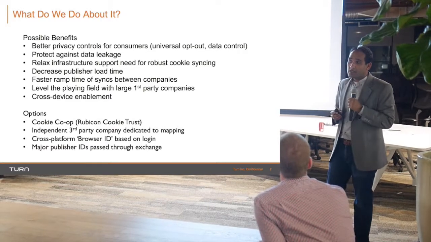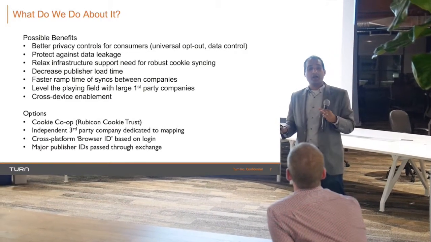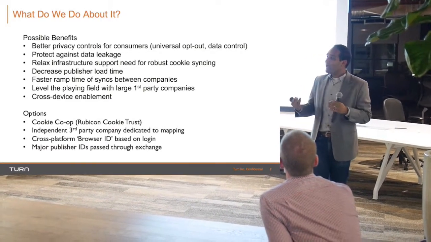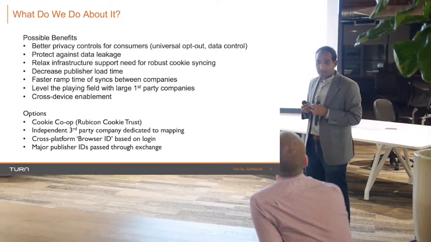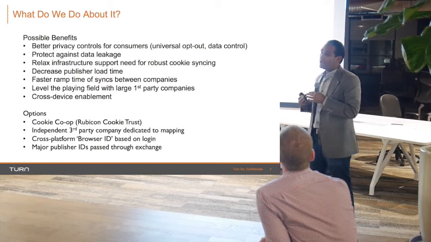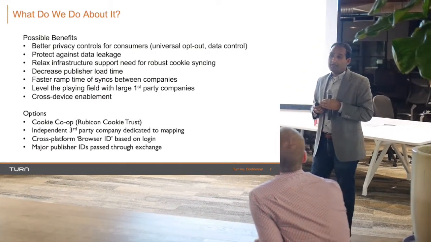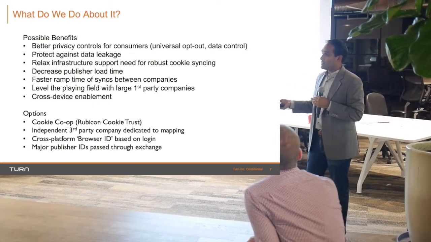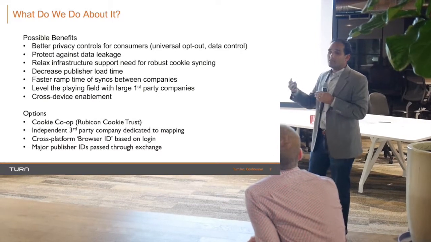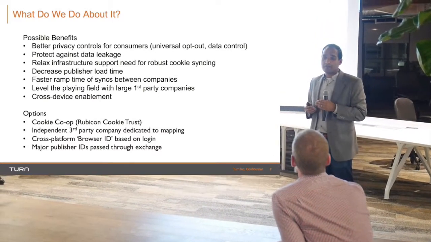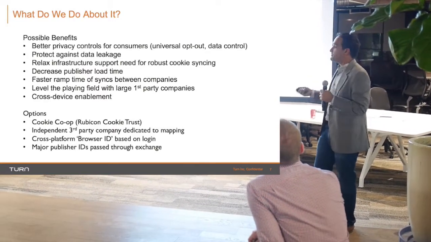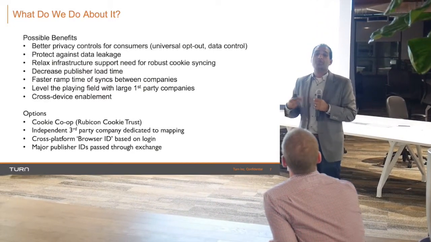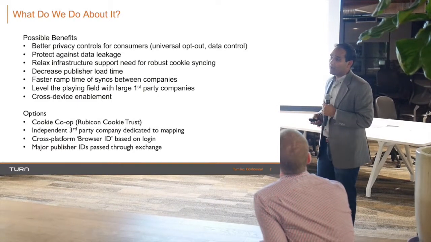And the ramp time. So what often happens is an advertiser might come to a company like Turn and say, hey, I have all these Nordstrom shoppers, I want to advertise against them anonymously, help me do that. And so what we'll do is we'll work with other companies that help to anonymize the IDs that they have, but it takes a while to sync up all these different IDs. And so if we had a universal ID or something like that, it would speed up the ramp time and advertisers would be able to reach them faster.